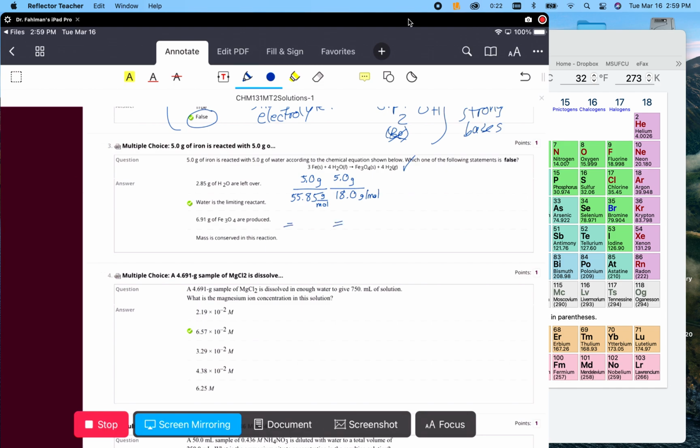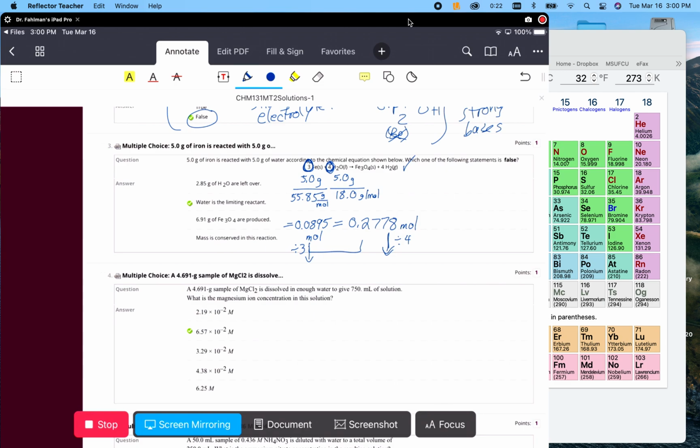Okay, so iron, you have 5 divided by 55.85, you get 0.0895 moles. And then the other one, 5 divided by 18, you have 0.2778 moles. Okay, so you can't directly compare these because these numbers are not the same. Okay, so to directly compare, we have to do an apples-to-apples comparison, so on a molar basis. And so let's divide this one by 3, and then this one, let's divide it by 4. Okay,